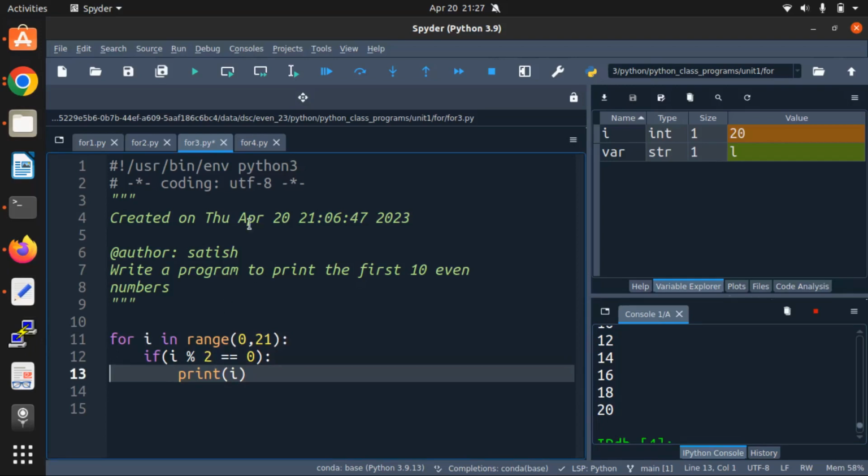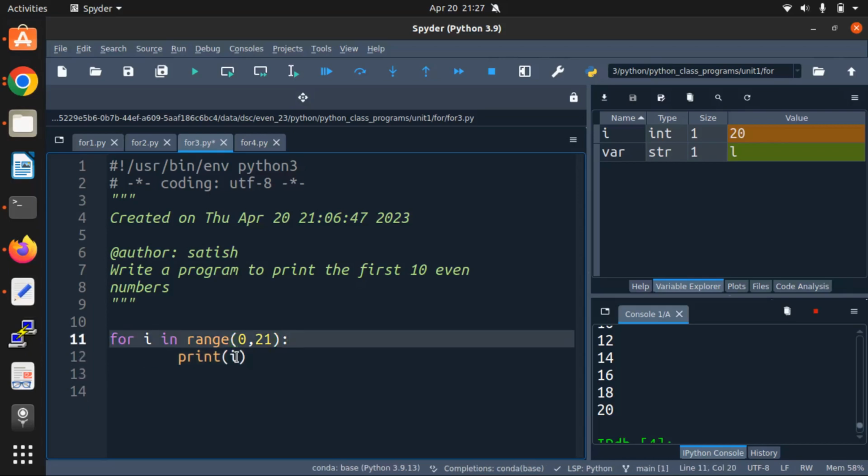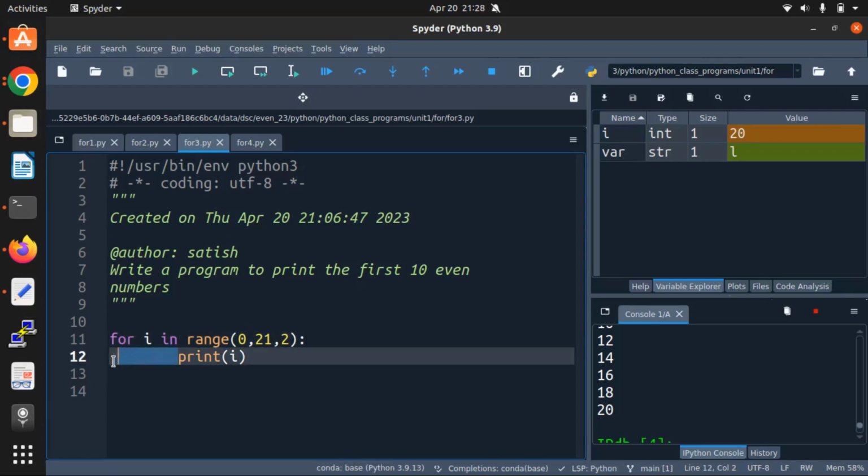Alright. Similarly, let me remove this and put it. So please remember the tab space after the colon operator. You have a tab space to indicate what is part of the for loop. So whatever comes after this tab space is part of the for loop. If I put anything behind this tab space, it automatically becomes outside the for loop. So if I say print something here,